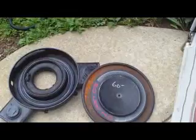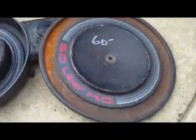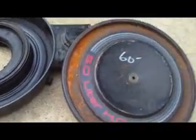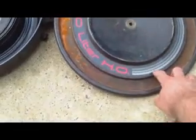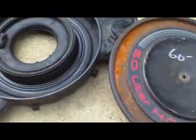Alright everyone, I got a nice fun project for us. This is one of the things I got from the GM Nationals last week, and today I'm going to paint it. I'm going to redo the black and all. I figure it's got some really light rust. I'm going to save this decal since there's nothing wrong with it besides a little bubble right there, but that happens. I'm going to clean it all off, and I already took the one rubber hose off and the valve